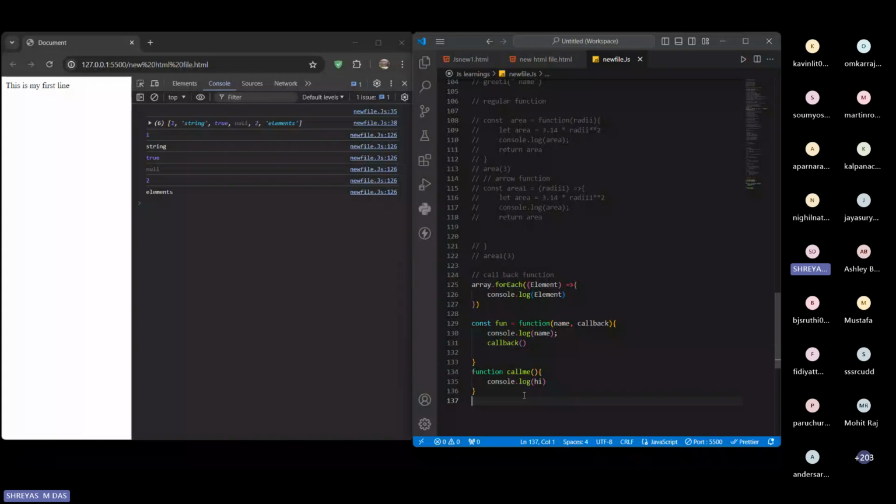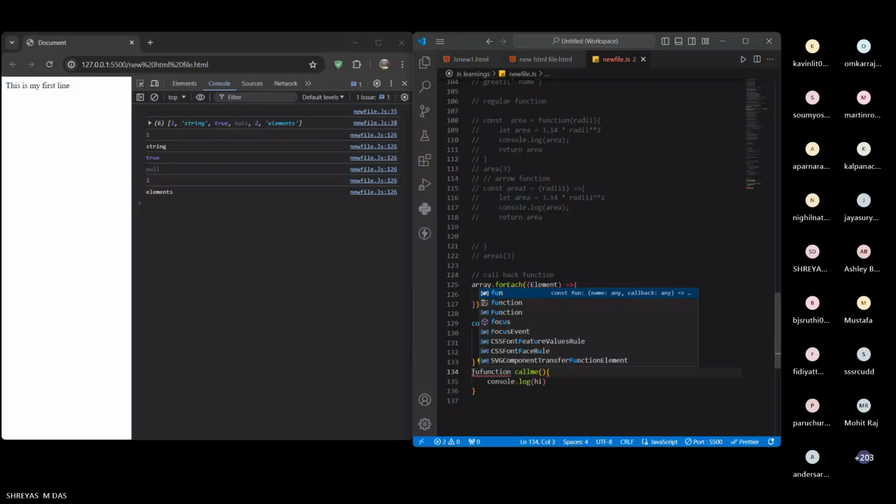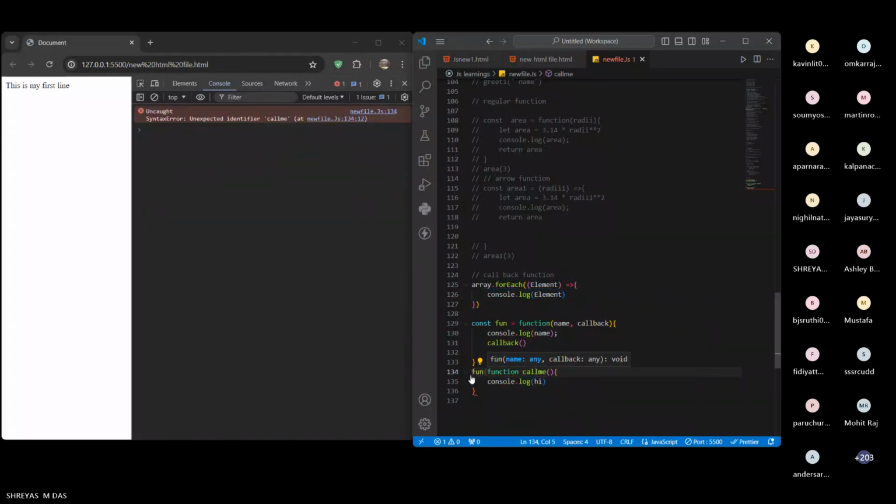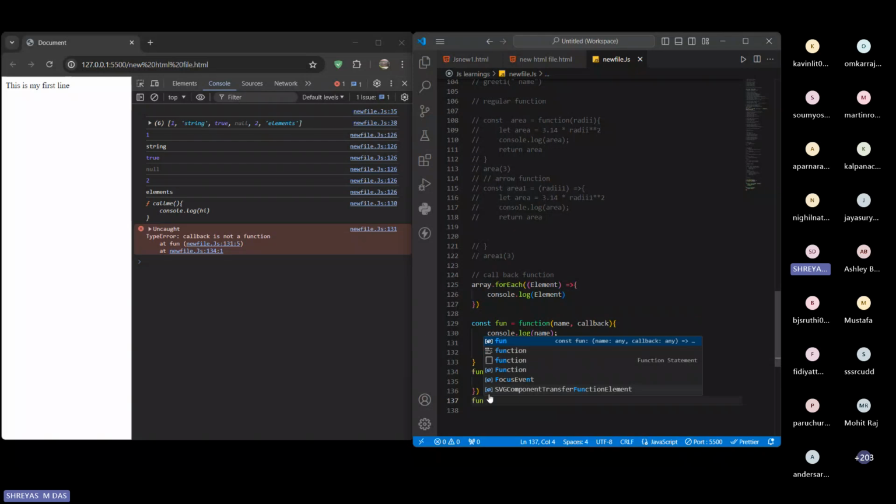So this is written. So now if I call the function, name comma,